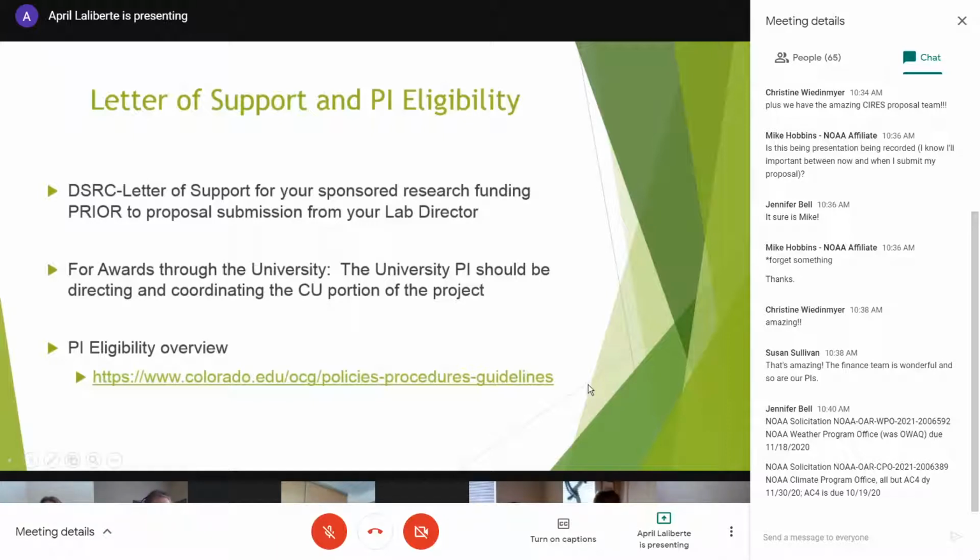Now, there's a little bit of a change, even for me. Previously, our teaching faculty and our research associates are eligible to submit as PIs and co-PIs without a need to obtain additional approvals. This is not the same for our PRAs, our graduate students, our undergraduate students, postdoctoral researchers.